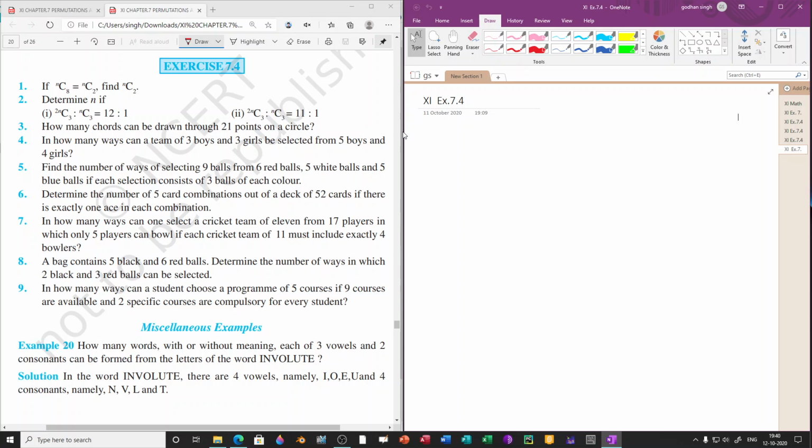Exercise 7.4, question number 1. If nC8 is equal to nC2, find the value of nC2. So, solving question number 1 of exercise 7.4, solution 1. We know that